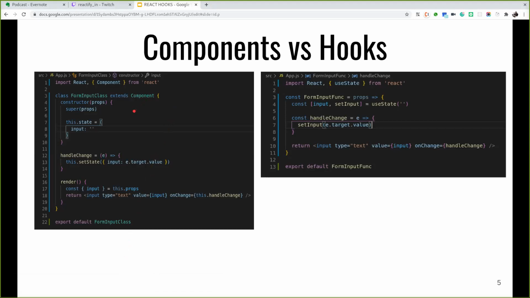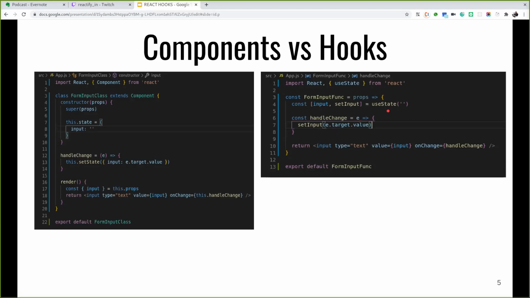By creating an ES6 class, the class needs to extend React.Component with a render method inside it, which will return JSX markup. Also, we need to assign initial state in the constructor with the super keyword passing the props inside it. Whereas in hooks, the useState hook allows you to add state in a functional component.